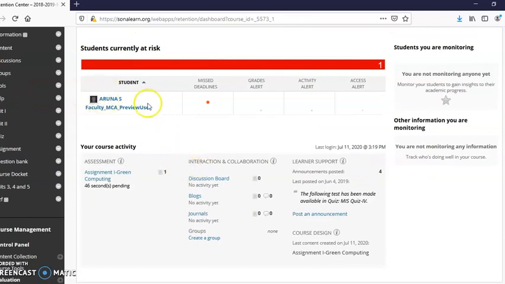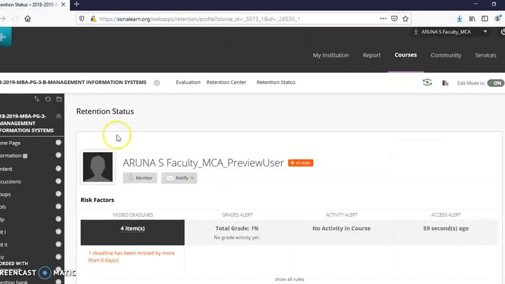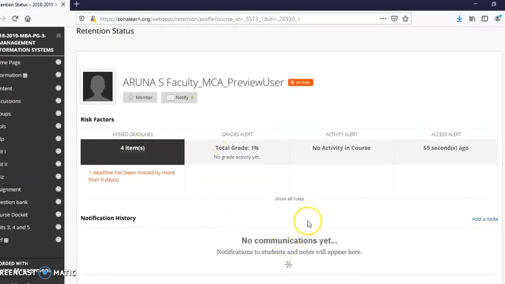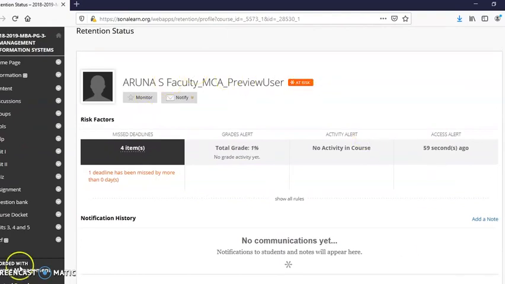I can preview this assignment. This particular student has submitted the assignment, and I can see the assignment that he has posted.